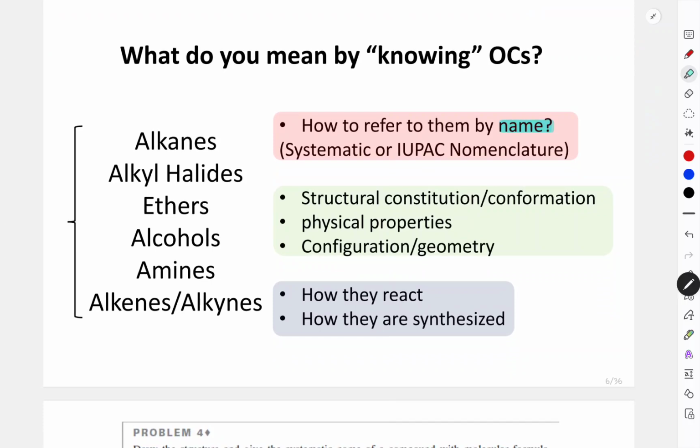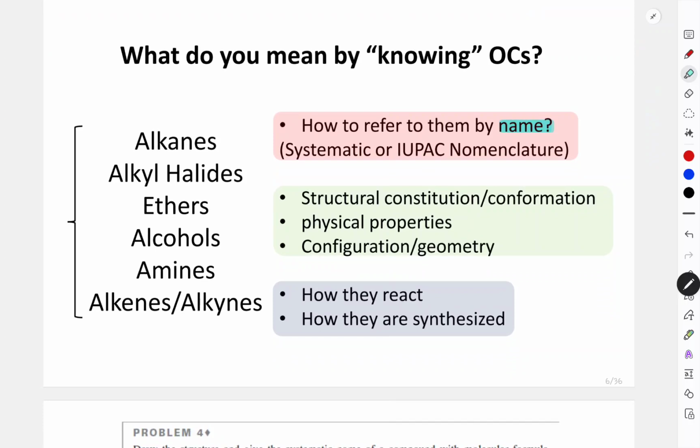And also we'll discuss the stereochemistry of the organic compound, right? Configuration or geometry of structure, how the structure is given in 3D space, right? That's all what we will discuss in the OChem course, the OChem 1, right? And these are a range of the functionalities or functional groups of organic compounds that we'll study in this course,